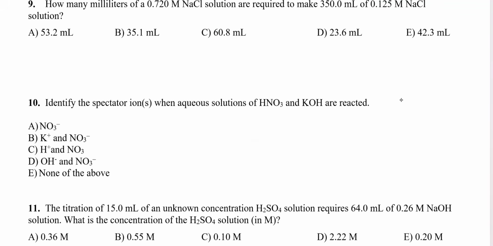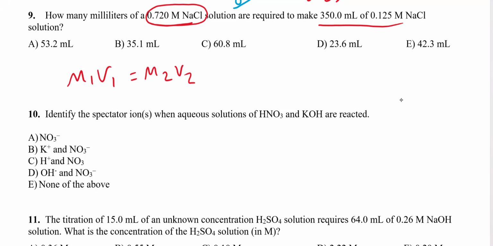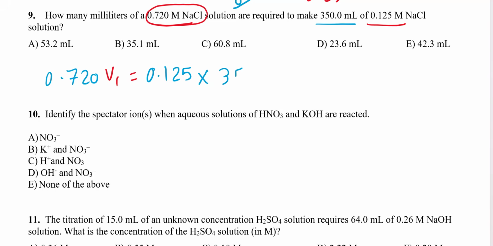For question 9, we have a dilution question. We have a stock solution with higher concentration. We would like to prepare 350 milliliters of diluted solution. So we clearly should use M1V1 = M2V2. M1 is 0.720. V1, we don't know. M2, the molarity for the second solution, is 0.125. And volume is 350